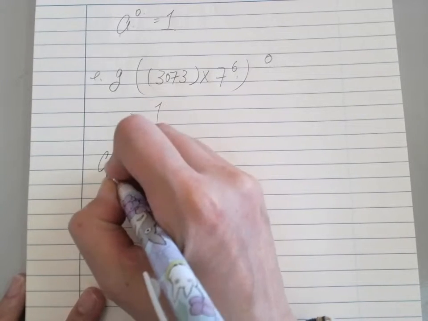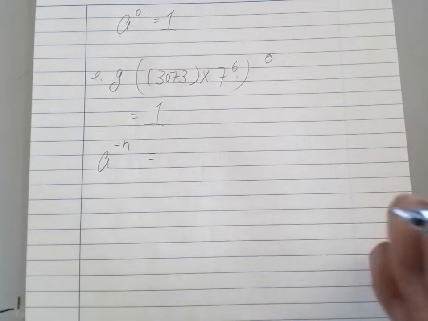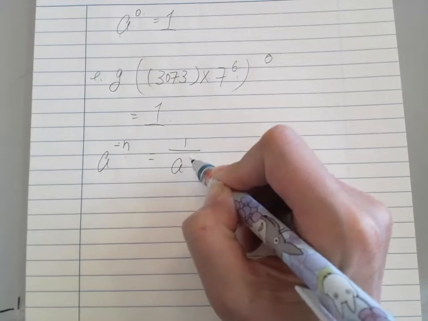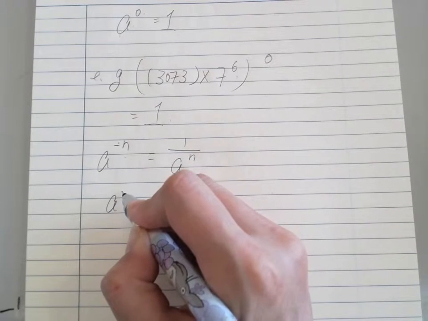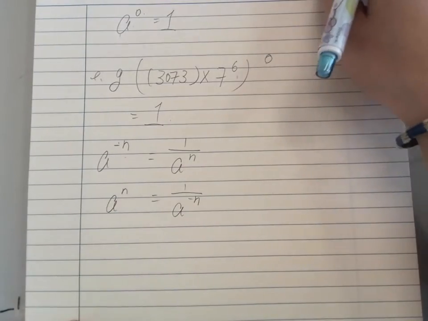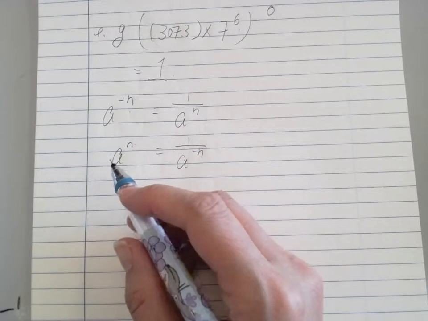And also the negative index. Questions always prefer students to give the answer in positive index. So if it's negative, we flip it over. We have a to the power negative n equals 1 over a to the power n. And remember, only the base with the negative index, we flip it. So